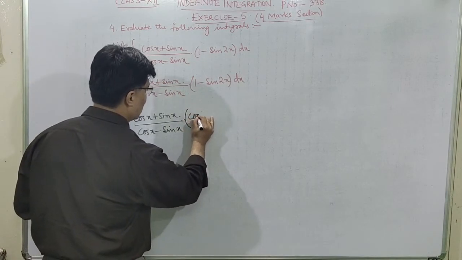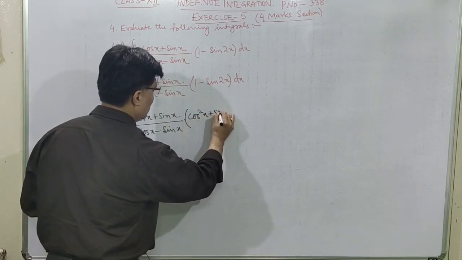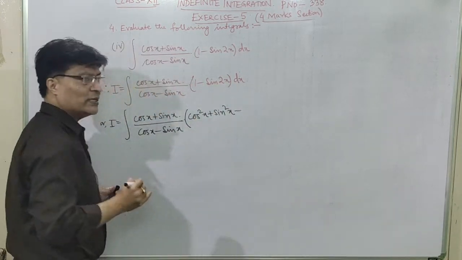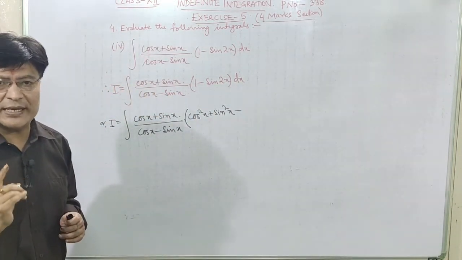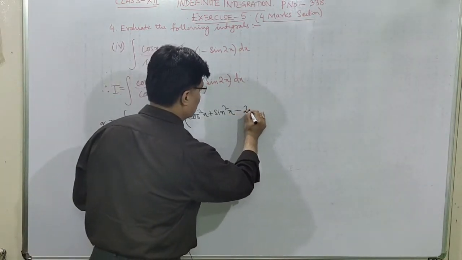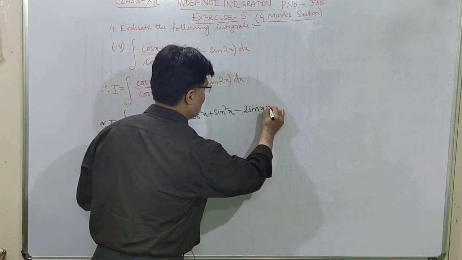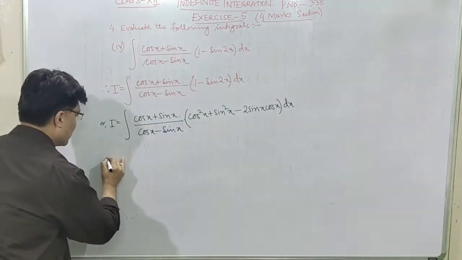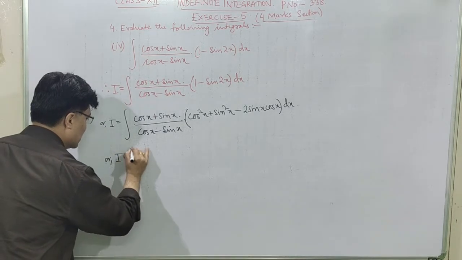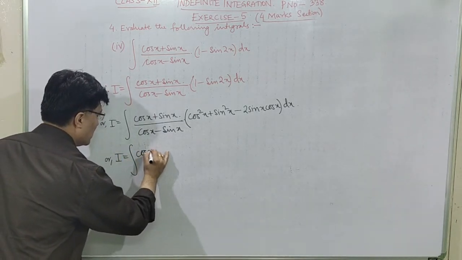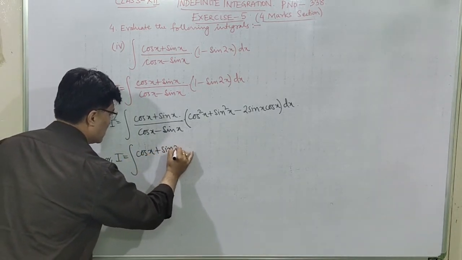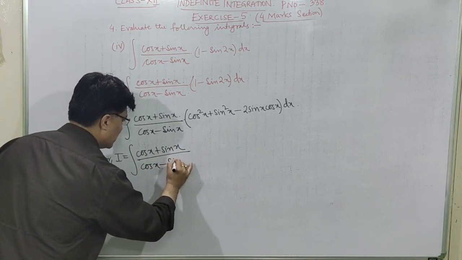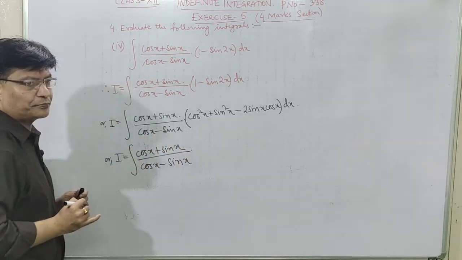Instead of 1, you write cos square x plus sin square x. That is your 1. Minus, what is sin 2x? What is the formula for sin 2x? It is 2 sin x cos x, bracket closed, then dx. Okay. So let us simplify it. I is equal to integration of cos x plus sin x divided by cos x minus sin x into